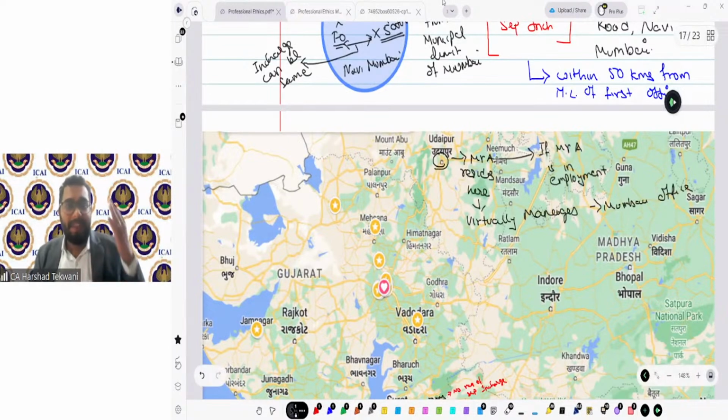Correct, Charu. In that case, if the third office has a separate in charge, we do not require a fourth office, provided these conditions are satisfied. Same premise, same city, or within 50 kilometers from the end of the municipal limit. The exemption is only with the second office.